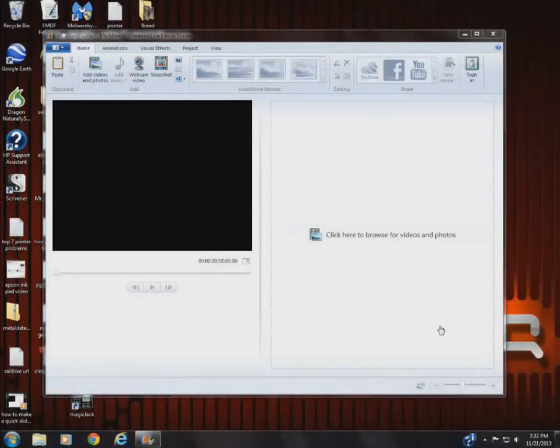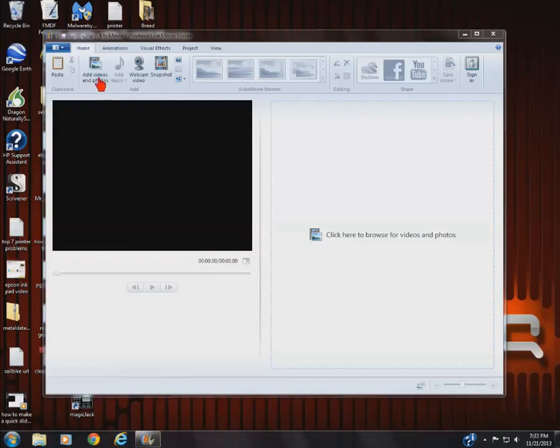Okay everybody, I've assembled the photographs and music I want to use for this slideshow, and I put them in a folder, and you want to do the same thing. And then open up Windows Live Movie Maker, and when you do, you'll see this is the format for your video editor for Windows, and we're going to make a very simple slideshow. There's many things you can do with Windows Live Movie Maker, but we're just going to do one thing. We're going to make a very simple slideshow that, in my opinion, is one of the easiest and best ones you could make.